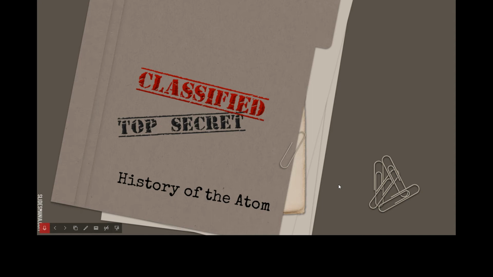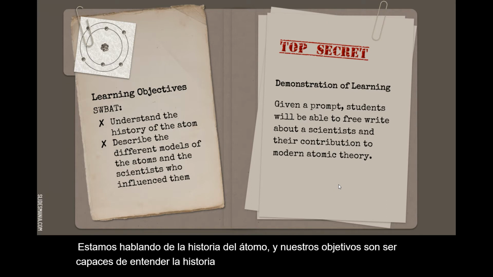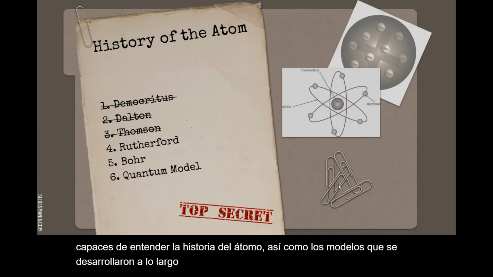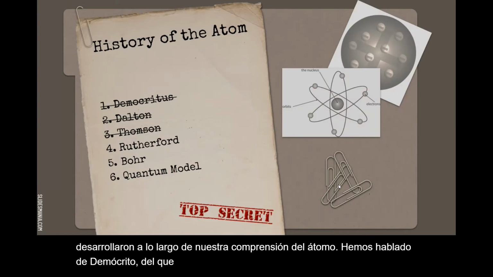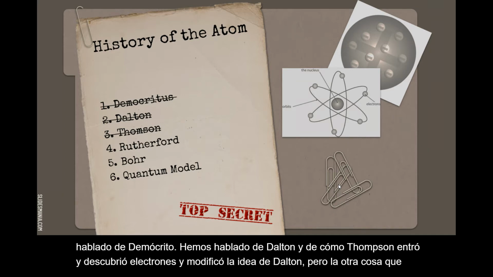We're talking about the history of the atom, and our goals are to be able to understand the history of the atom as well as the models that were developed along our understanding of the atom. We've talked about Democritus, we've talked about Dalton, and how Thomson came in and discovered electrons and modified Dalton's idea. But the other thing that Thomson did was opened up the gates for people to really try to discover what